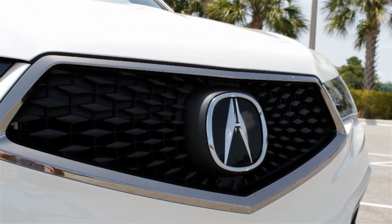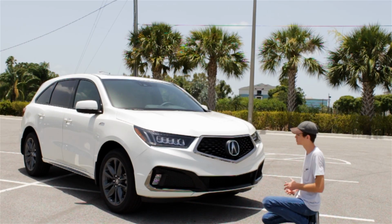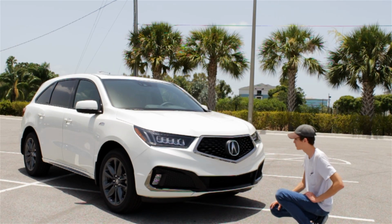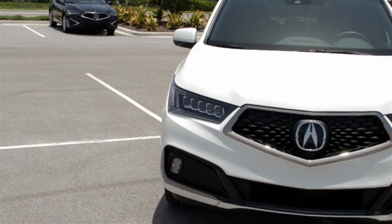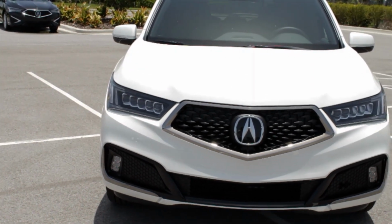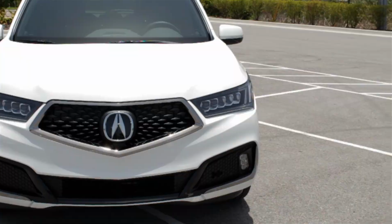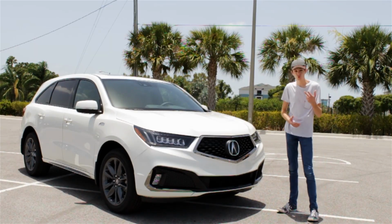They've added all these really cool diamond designs in the interior of this grille and it makes it look very sharp and futuristic, but they've also added an enormous Acura badge, not only to let everyone know that you paid extra for a luxury brand, but also to hide some of the different sensors associated with the safety systems that we're going to talk about once we're inside the car. So all around the front end of this car is very sharp and modern, and it looks great,